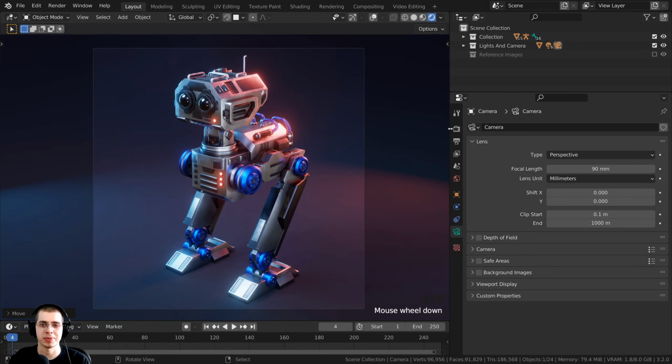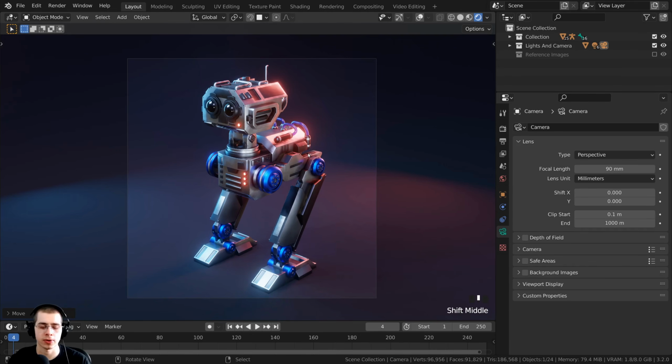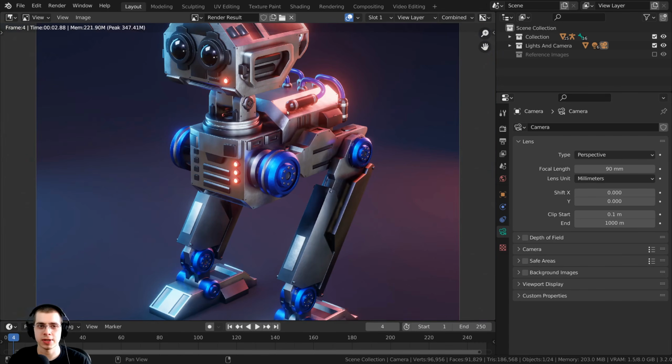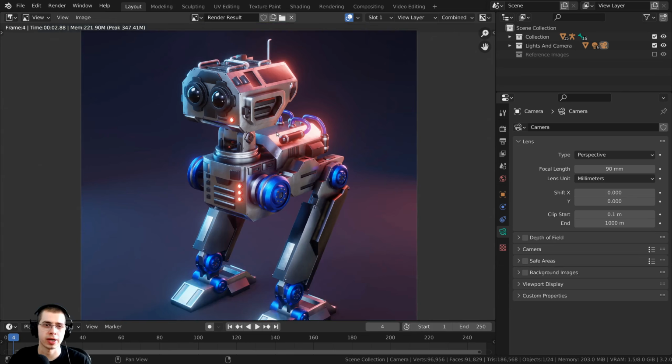And check that out. So we now have this really cool robot. I'm going to press Ctrl S to save, and then I just want to give this a render, and then I'm also going to pose the robot and give it another render. To render the image, you can press F12. Because I'm using Blender Eevee, it shouldn't take very long; my computer rendered it in just about 2.5